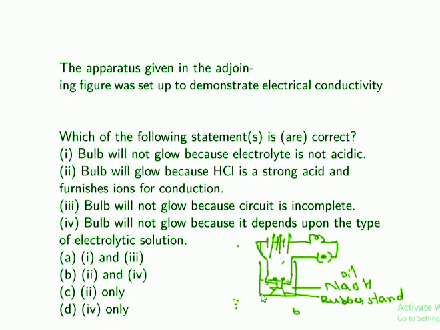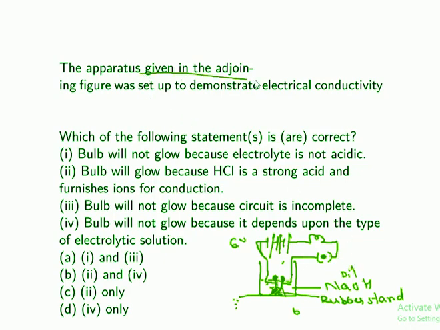So this is the setup. You know that, once again I'm going to say, this is the beaker, and there is a stand here that is nothing but rubber stand. To this rubber stand you have kept two iron nails, and these iron nails through the wire are connected to the switchboard, bulb, and the battery. We are going to use a 6-volt battery here. Okay, so this is the setup.